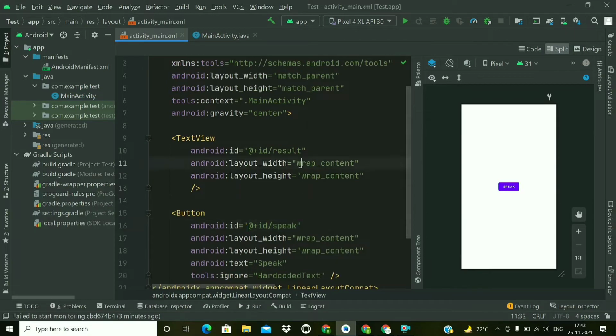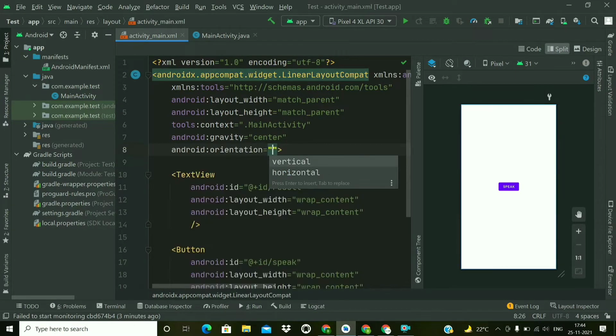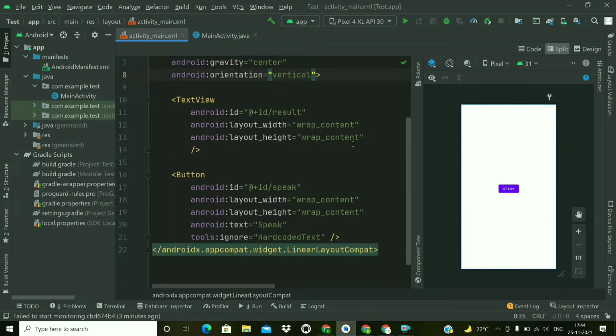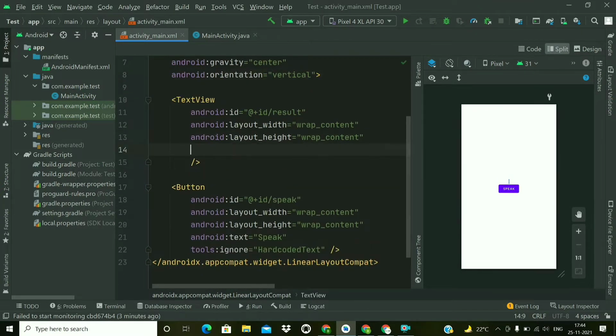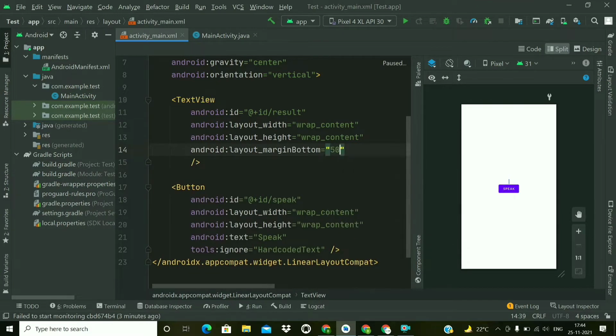And we have to arrange them vertically. So we will give orientation vertical. That is the simple UI part, and we will add some bottom margin of 50 dp.